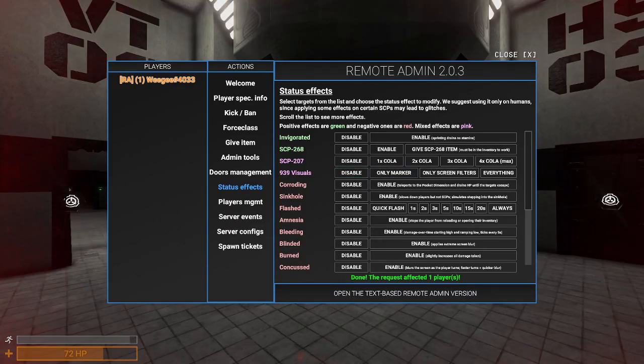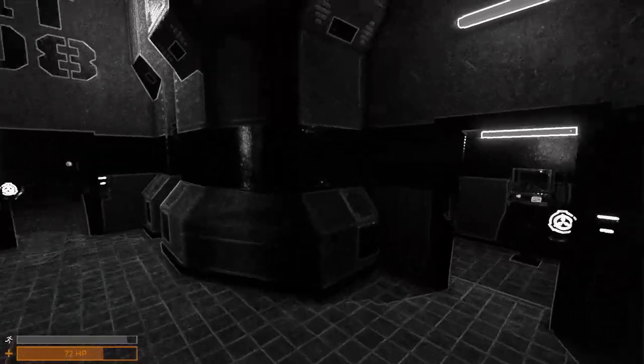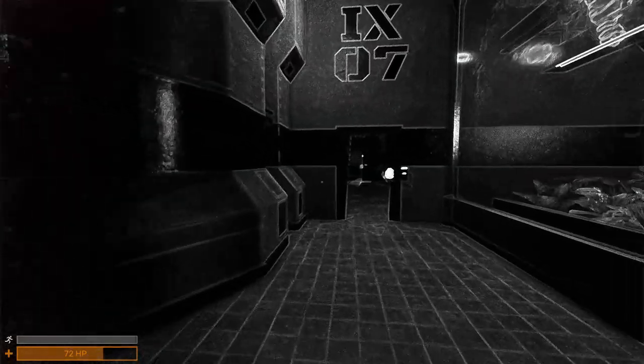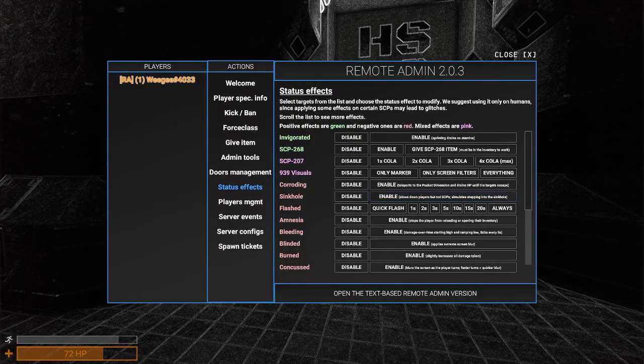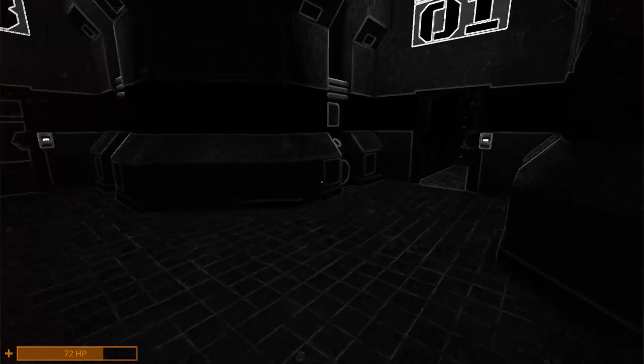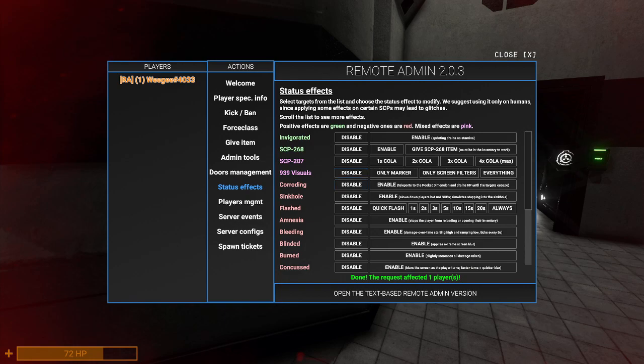And then disable, and then only screen filters. Now it looks like when you're 939. Then everything is basically 939's vision as a human, which is pretty cool. Then we have corroding,